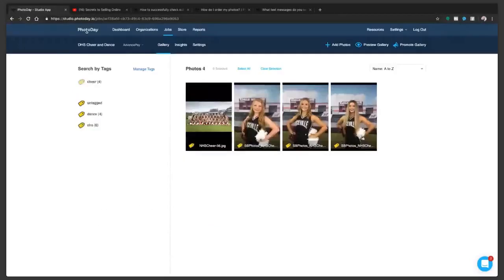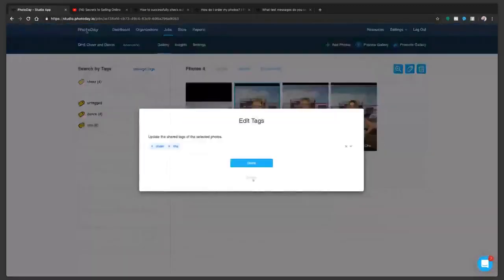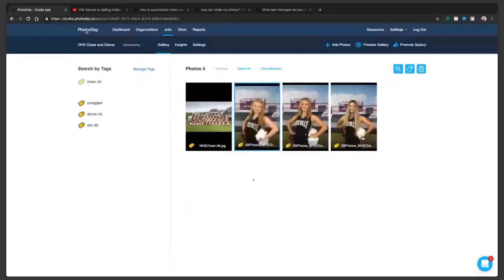And then if you want to manually tag some more, you can select a picture and add another tag if you wanted to tag it something else. It's a great way to organize files. And the cool part about tagging, guys, is that this is live. So if somebody can't find their pictures or they're having issues, you can always go in and tag a picture really quick and say, all right, look on your phone,